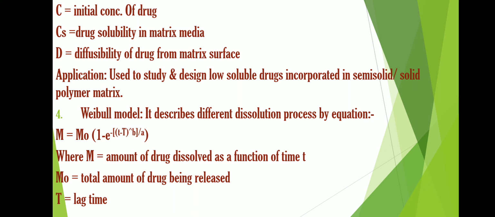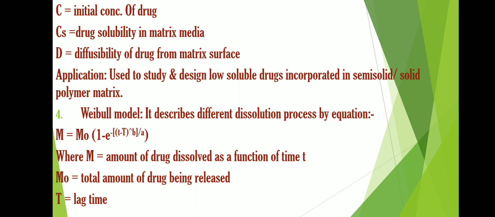So the equation for this type of model is M equals M naught inside bracket, 1 minus e to the power minus (t minus T) to the power b, and this whole term, that is minus (t minus T) to the power b, is divided by a, and all this term is in exponential power form, where M is the amount of the drug which is being dissolved at particular time t,